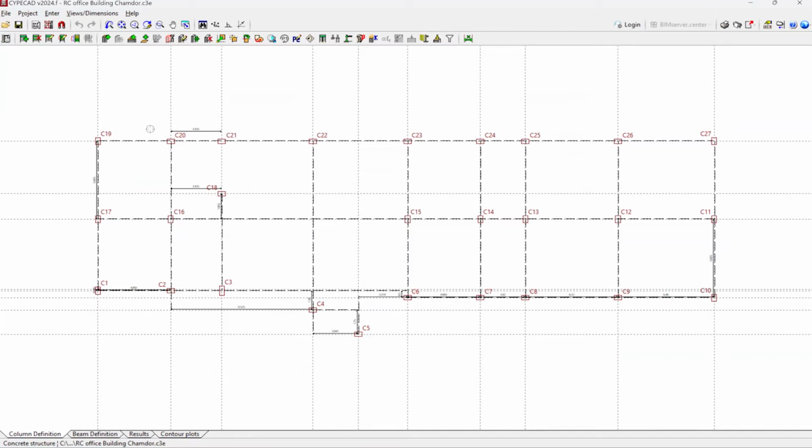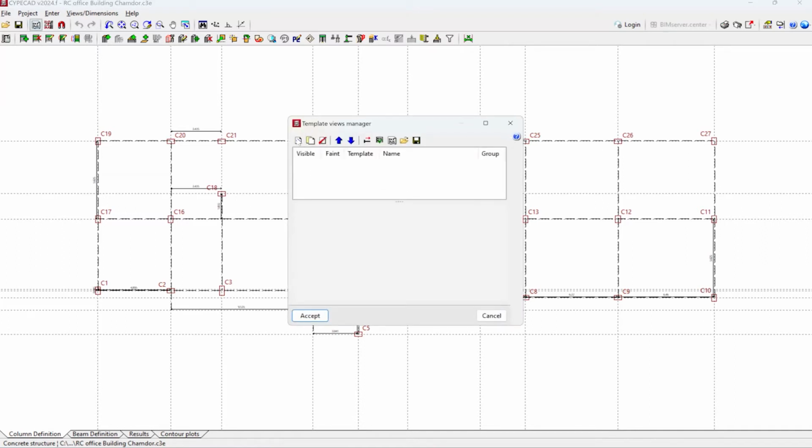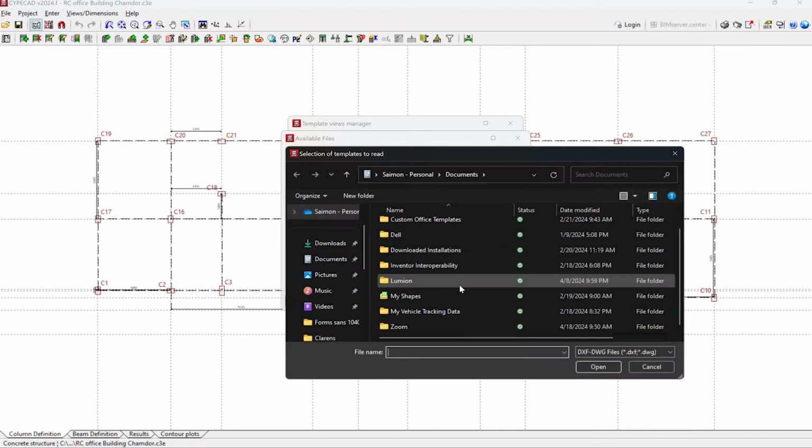Just to keep in mind, normally you don't need to start from here. You can have an AutoCAD drawing, or any DWG. It can be IFC, it can be AutoCAD, any imported file. If it's a DWG, you just come here and import your file. You look where the file is. For example, for this one here,